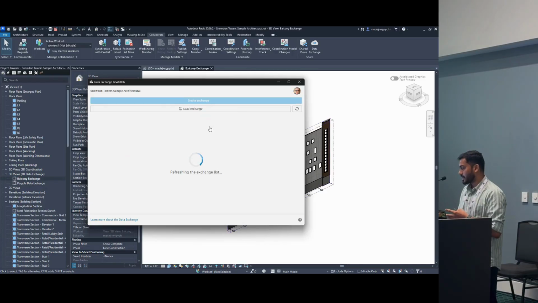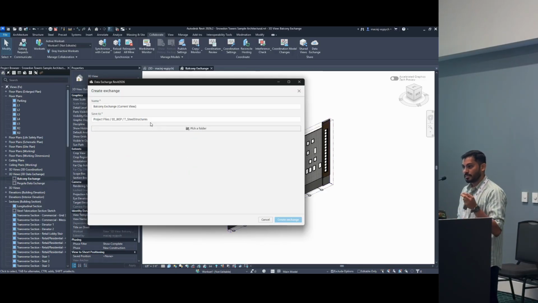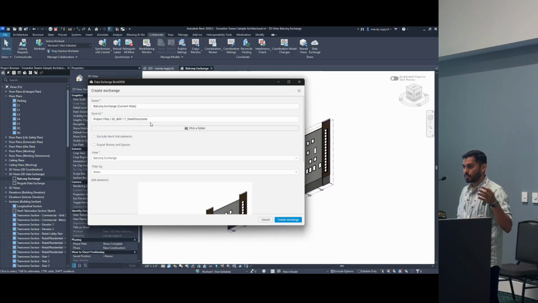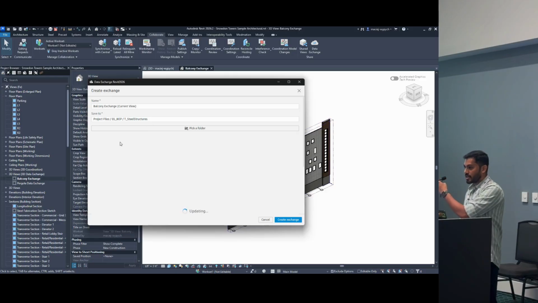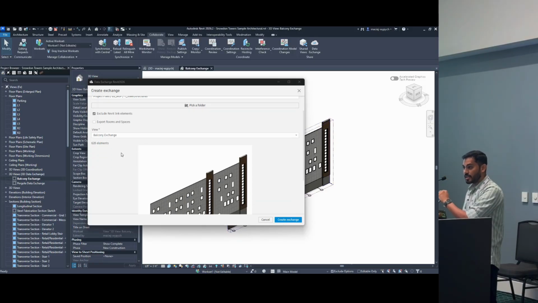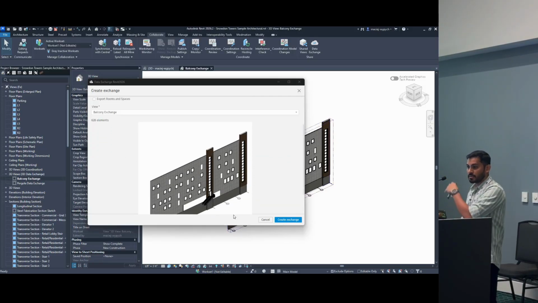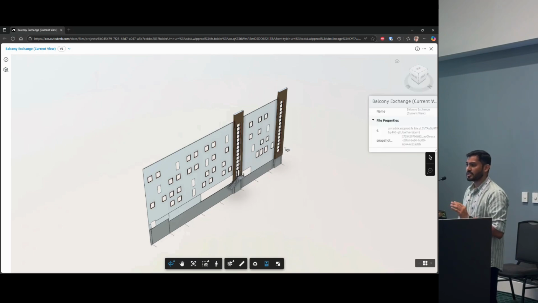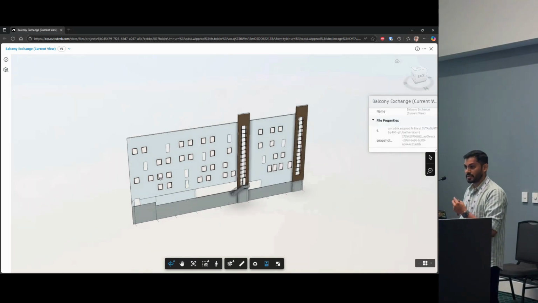So starting with the Revit connector, as I mentioned before, similarly you'll have to set up a 3D view in your Revit file, and then from this 3D view you can easily create a data exchange using the elements that are visible in the view. On top of that, you get some options to include the links that are visible in the 3D view, or also to filter it down to a specific category, even putting a layer on top of what you have. Then these exchanges are visible on ACC